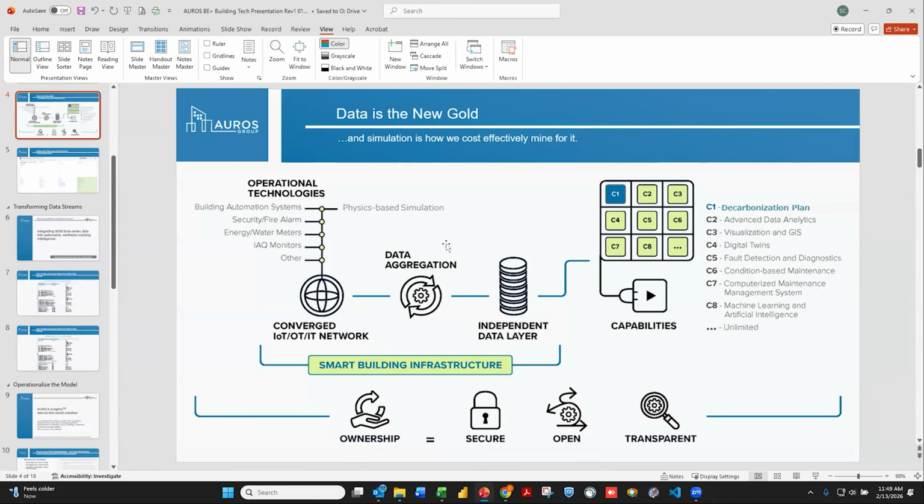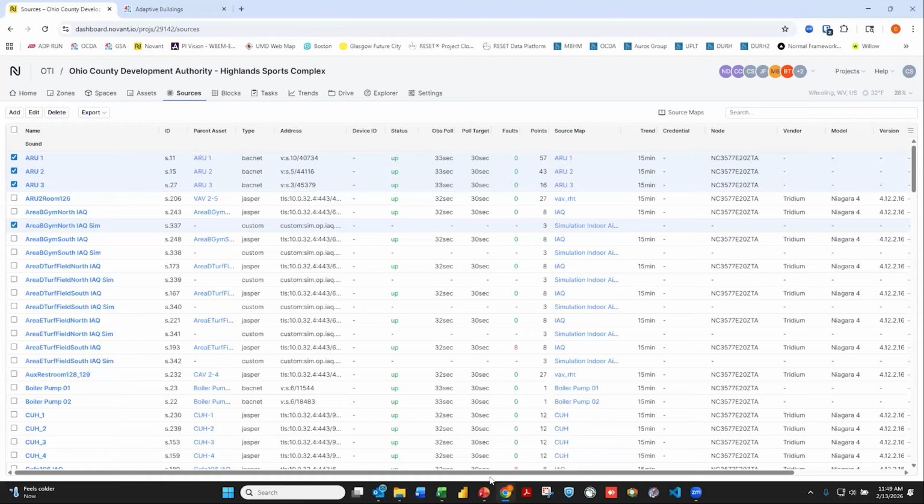and then we would be able to discover it through our data aggregation. That's what Novant is doing. So that is a BACnet device. BACnet's IP, where Jasper is using a Niagara Jace, which is a controller that does that work right here. So again, from the independent data layers perspective, and you guys don't have to know this,